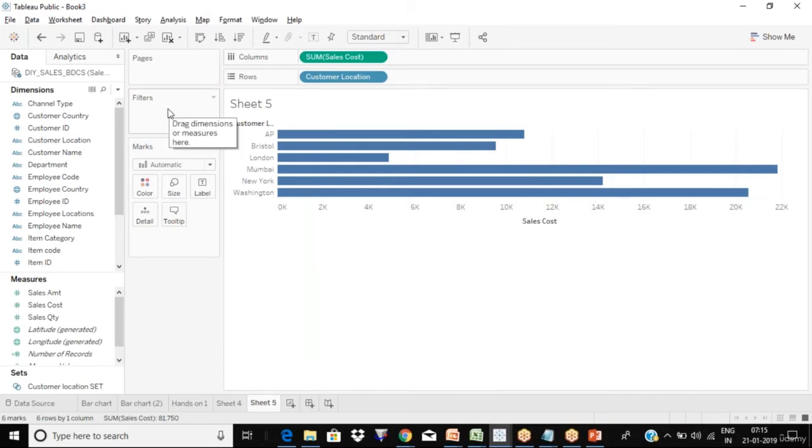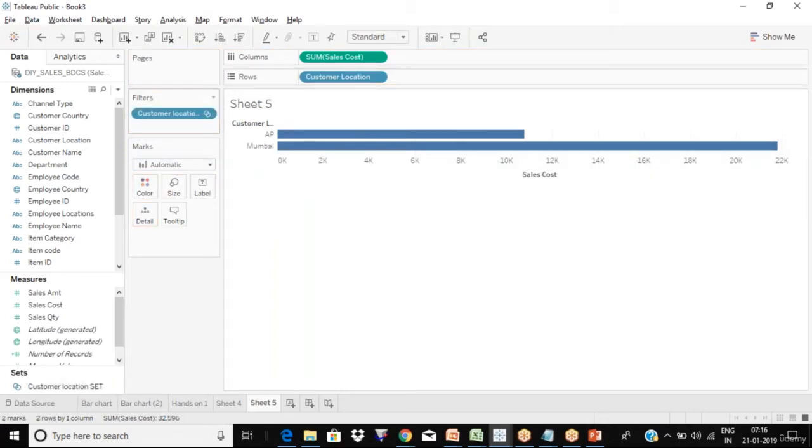Whenever you want to show a filter for the user to select what they want, what I'll do is the new set which I have created, I'll go and put it on the filters. Whenever you drag and put it onto the filters, it is only showing two values because it is getting filtered with this data. And in the set column, we only have two values. That's why it's showing two.